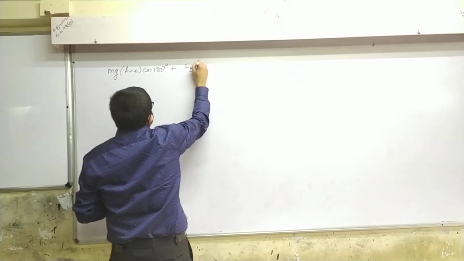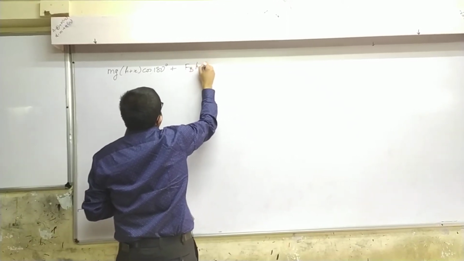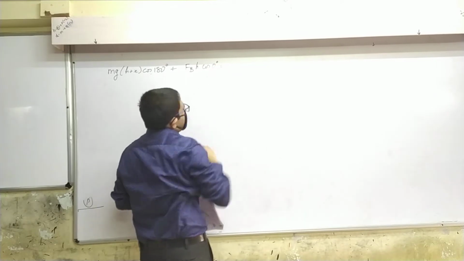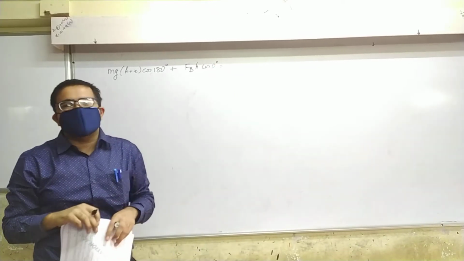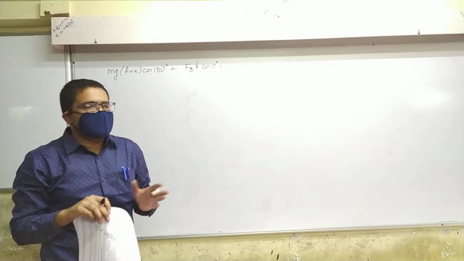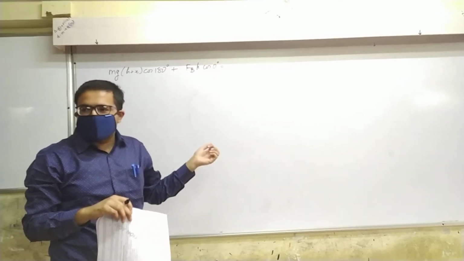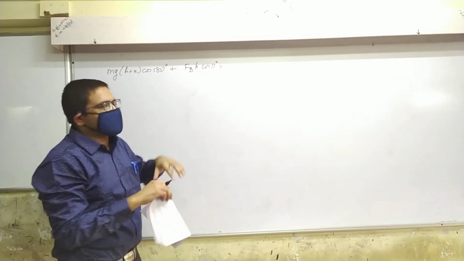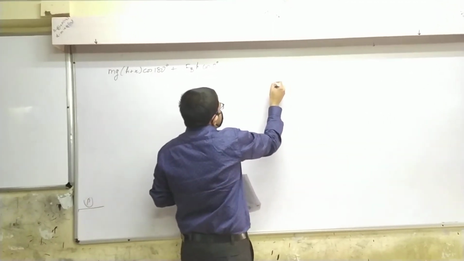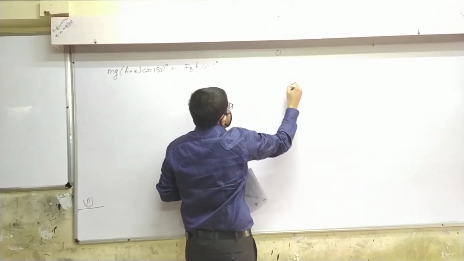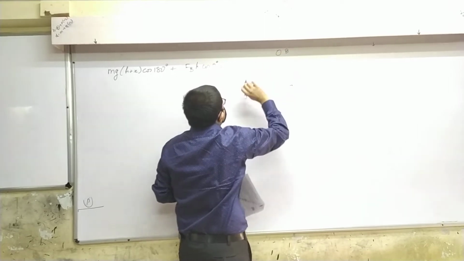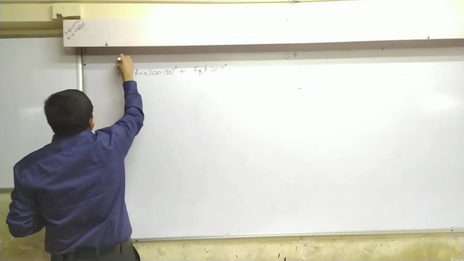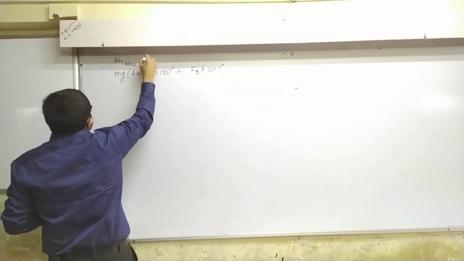E into H into cos 0 degree is equal to, and now you have to write delta K, and delta K will be 0 because initial kinetic energy is 0, you release it, and we are doing the calculation up to the highest point. So in your diagram, please write it clearly that this point is suppose A and that point is B, and we are using this W total equal to delta K.